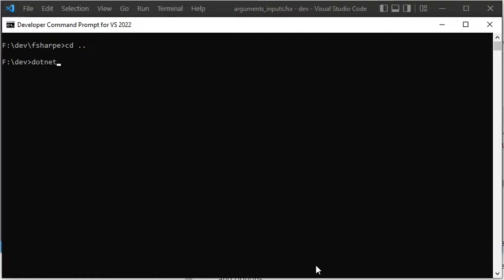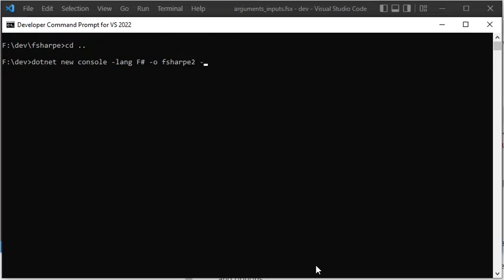I am doing this with the command dotnet new console with the flag -lang F# to specify that I want to create an F# project instead of creating a C# or Visual Basic project. I am also using the flag -o to specify the name of the subdirectory to be created for the project. I am using the name F#2 only because the previously used name F# is already existing as a subdirectory name.